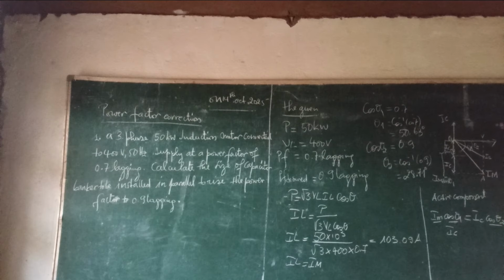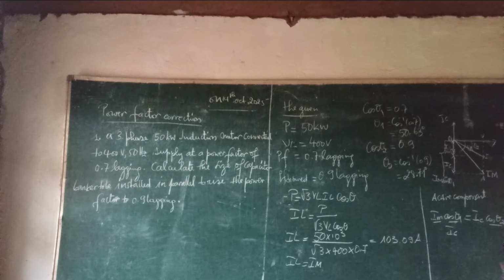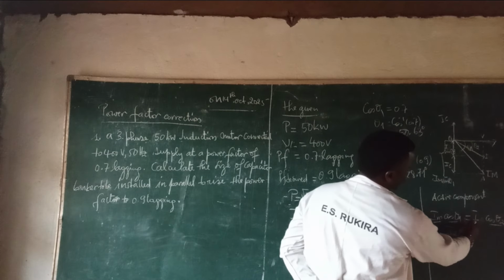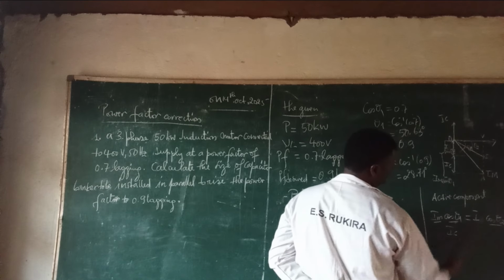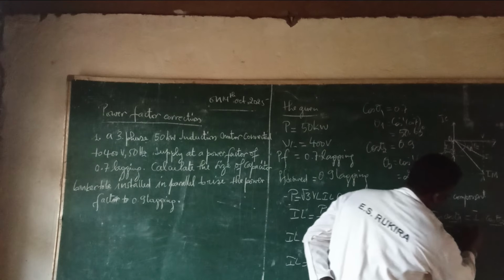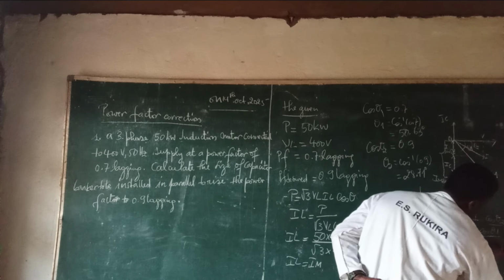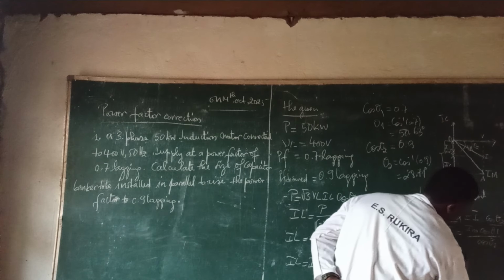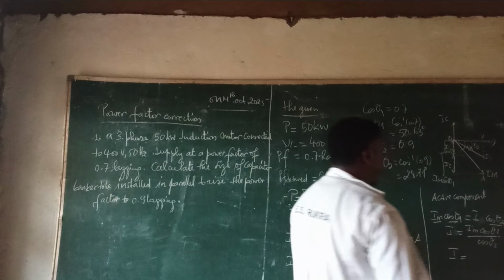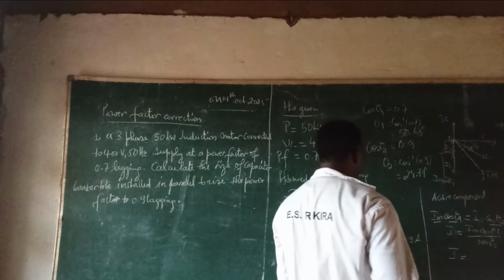Sorry for the nomenclature. That is the resulted current, that is I. That is IC, the current we desire to reach after the power factor is corrected. I desired equals I motor times cosine theta 1 over cosine theta 2. Then the current will be equal to IM from the previous,